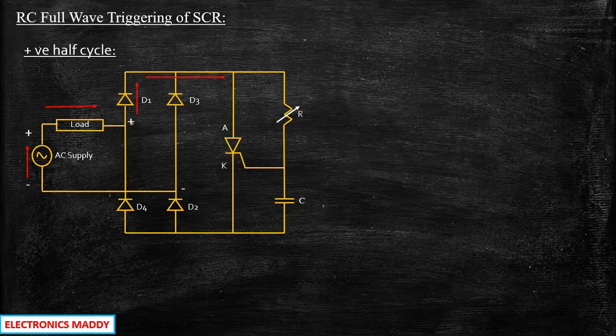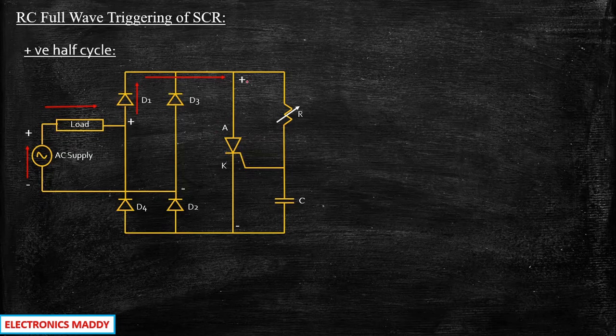The same positive voltage that is appearing at this point will appear over here, and the same negative voltage that is appearing at this point will appear here. Why is it? Because D1 and D2 are acting as closed switches, isn't it? That is why the same voltage that is here will be available over here as well. Since anode is connected to positive and cathode is connected to negative, the SCR is in forward blocking mode. It is not still in forward conduction mode. Only when we give the gate supply, it will move from forward blocking to forward conduction mode.